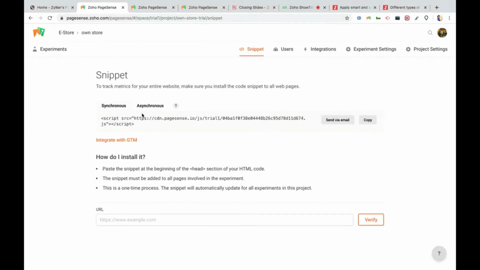For example, a synchronous script is going to load synchronously. That means line by line in the DOM. That will allow the DOM to render one by one. So whenever you're running an A/B test or split test, this is going to give flicker in your website. This may happen. So in that particular situation, we'll recommend you to use the asynchronous code snippet. Otherwise, synchronous should be fine for you. So all set.